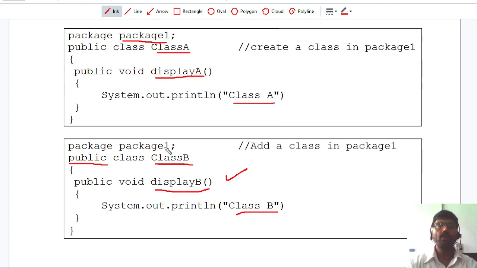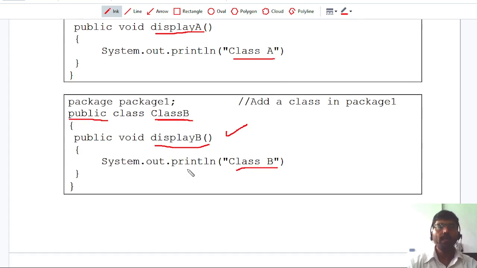Now package1 contains two files, classA.java and classB.java. Then I have to compile both files. Whenever you compile both files, it will create two classes, classA.class and classB.class, which are stored in the same package, package1. Now this directory contains four files, two Java files and two class files.